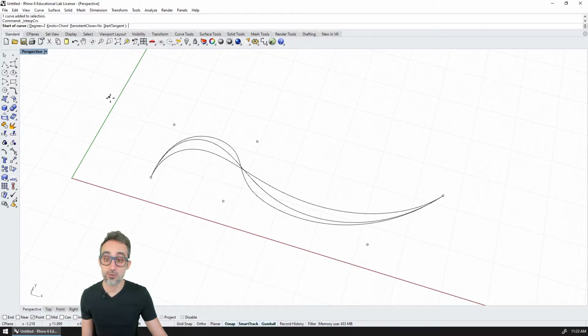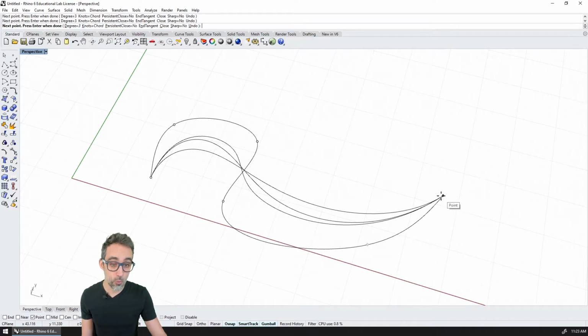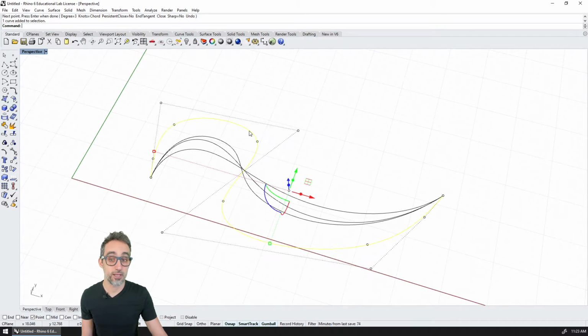So that's why creating curves using interpolated points is a really good way, because if I click on the points with this method, I know that the curve will exactly touch each one of those points. However, if I turn on the control points, you can see that what Rhino has done is that it has created control points automatically at the places where it knows that if those points are the control polygon of this curve, then that curve will pass exactly through the points that I had specified.